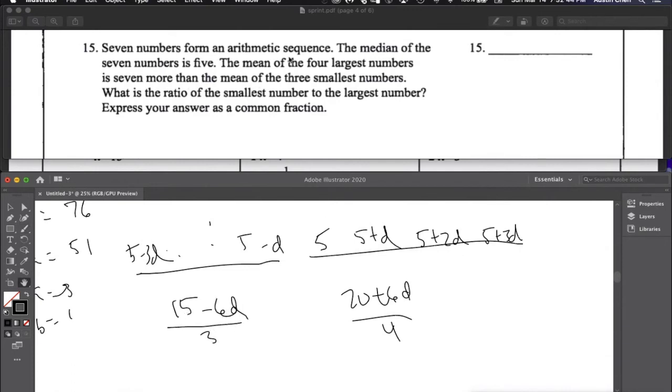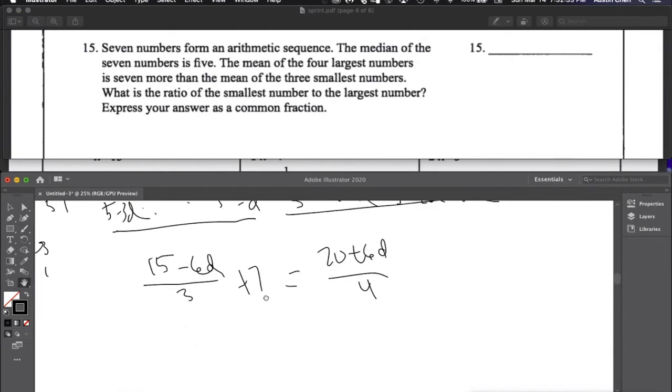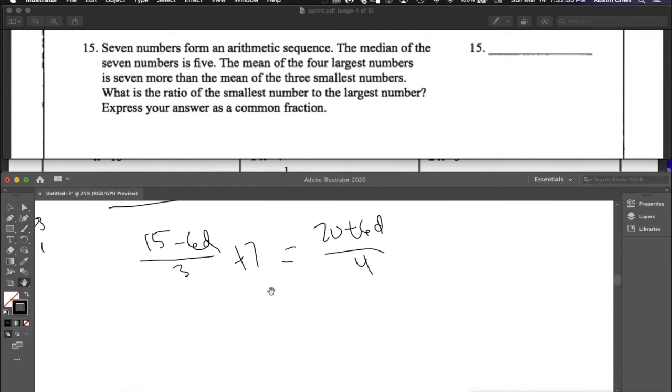And then what it says is that the mean of the 4 largest numbers is 7 more than the mean of the 3 smallest numbers. So then this is going to be our equation, and then what we can do is divide 15 over 3, and then we have 5, and then we can divide that. So then we have 5 minus 2d plus 7 is, we could divide 20 by 4, so that's 5, and then we